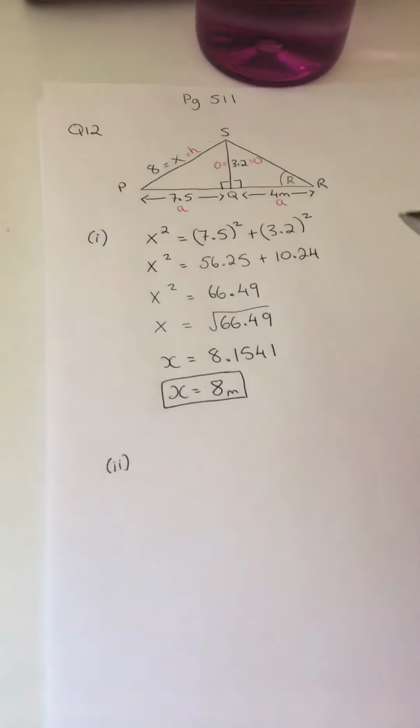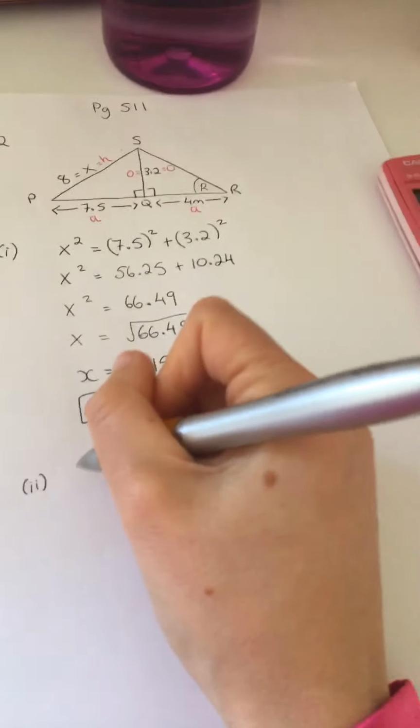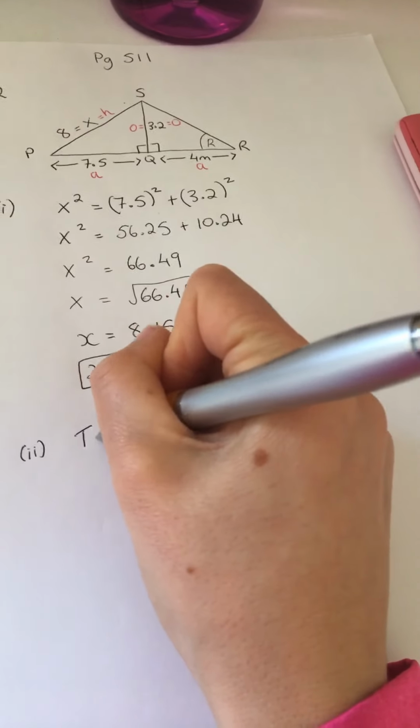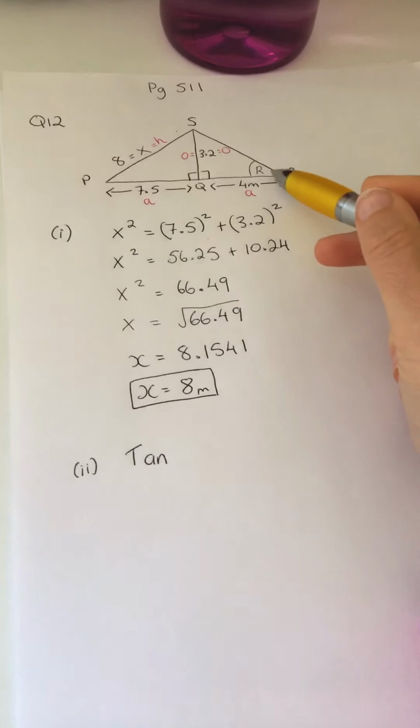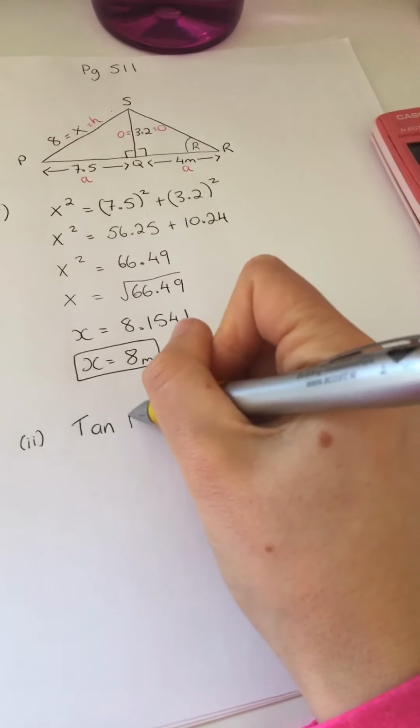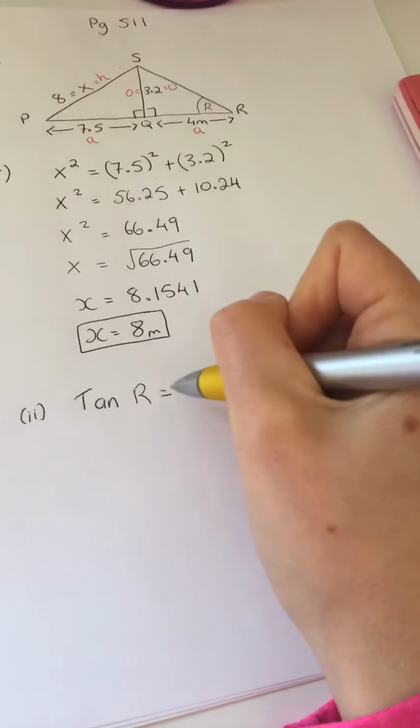So for part 2, we're working with opposite and adjacent, so we are working with tan. We do not know the angle, so we just call it tan or whatever letter you want to use. And we know